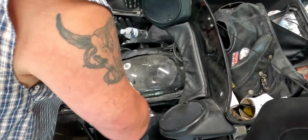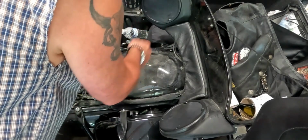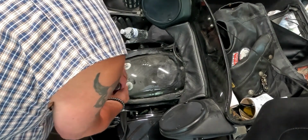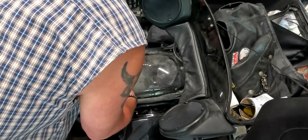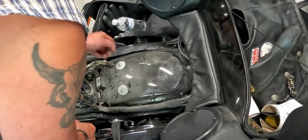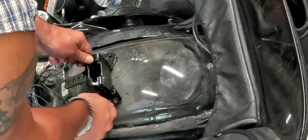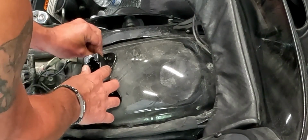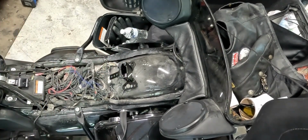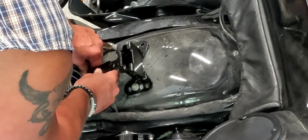All right, the next thing you want to do is take these nuts off here. Take your receiver for the backrest, and I think I'm going to mount it on the second hole right there. Then the next thing we want to do is assemble this with my nuts and bolts